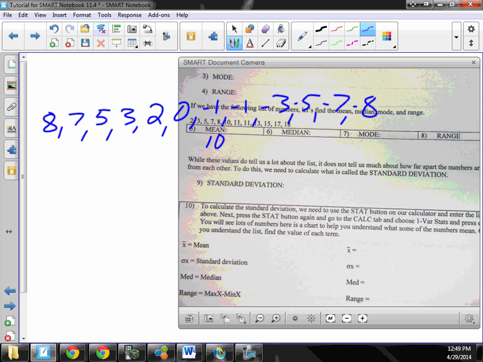So we're just going to go through and we're going to square all of them. Now, I'm not going to. But by squaring them, I eliminate the negatives. Everybody agree? Now, I take those squares and I divide them. No, sorry. I add them all together, which is going to give me a really big number. So it's called the sum of the squares. You add up all the squares. Well, then I can take the sum of the squares and I can divide it by the total amount in the whole list. And then when I take the square root, that will give me the average distance from the